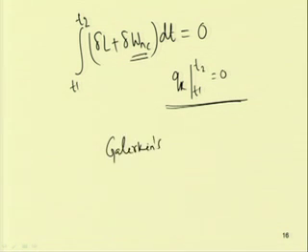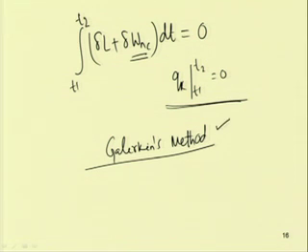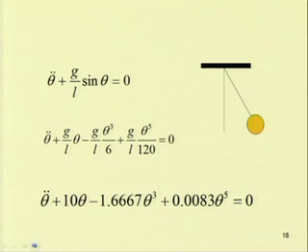So, we can use Galerkin's method to reduce the equation from its space and time form to its temporal form. In this way we can derive the equation of motion. This is just a review of what we have studied in this module. So, in this way we know how to derive the equation of motion of the system.